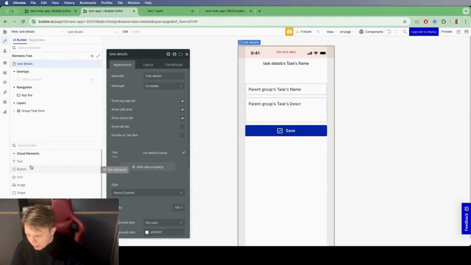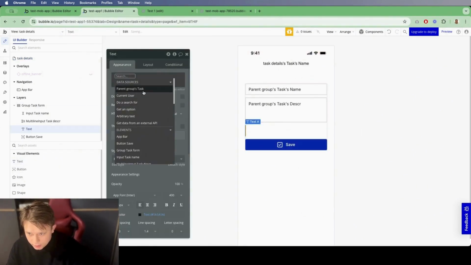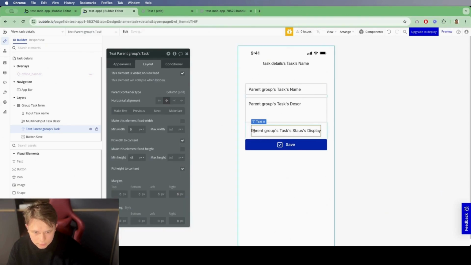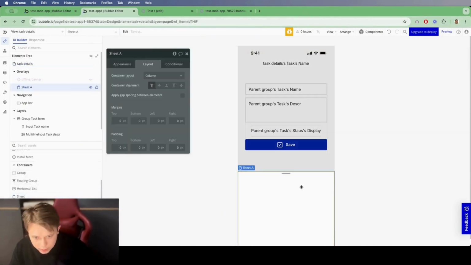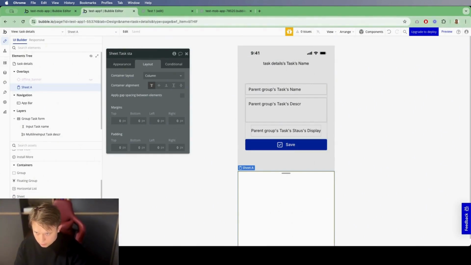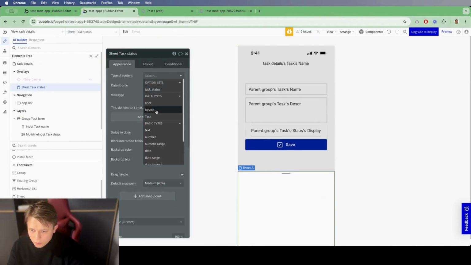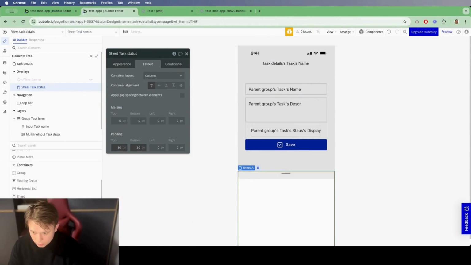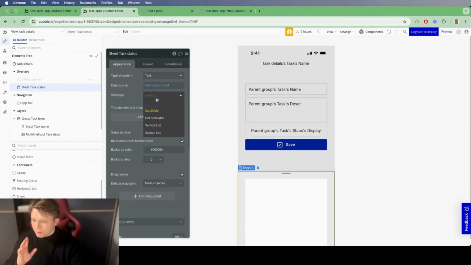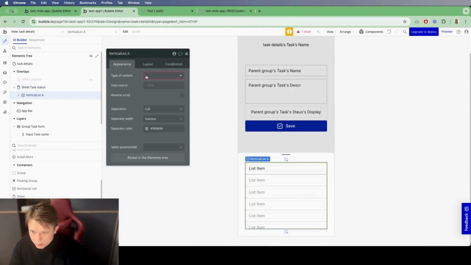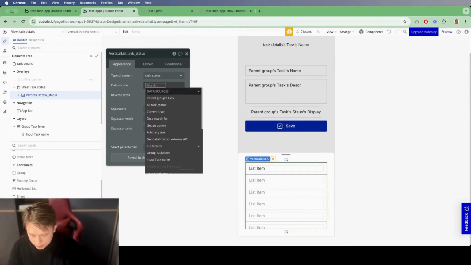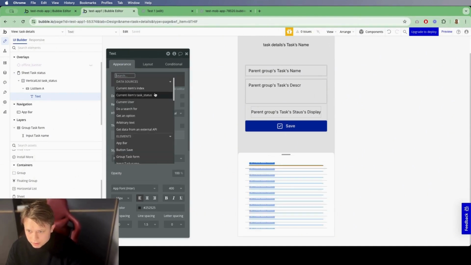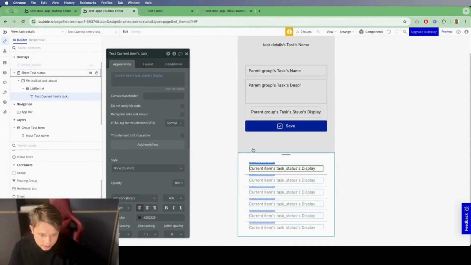So to do that, I just add some text here. It will be parent group task status display. And also let's add the sheet here. The type of content will be task, the data source will also be task. It will be a scrollable element. Let's change the layout and change the view type. It will be the vertical list. Type of content will be task status, data source will also be the task status options. Here let's show the current item task status display,